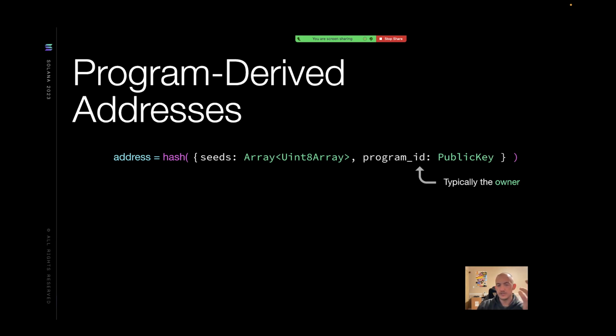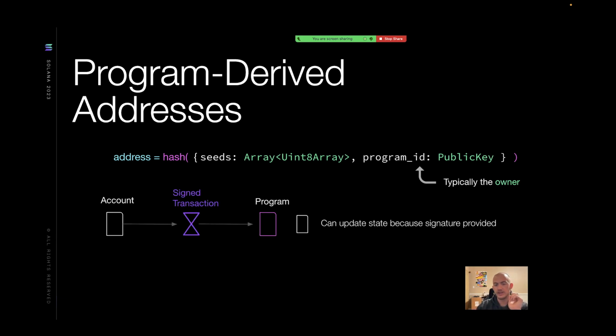And then those seeds can be anything, right? They can be other addresses, they can be strings. They just have to eventually serialize into a buffer. And then you can just have an array of buffers as your seeds. This will make more sense in a second. So, anyway, another feature of these types of accounts, any account that's a program derived address,